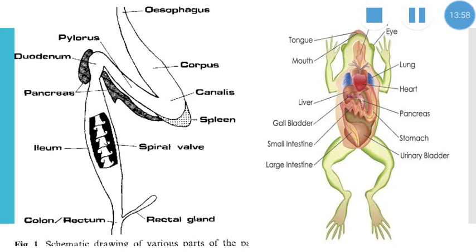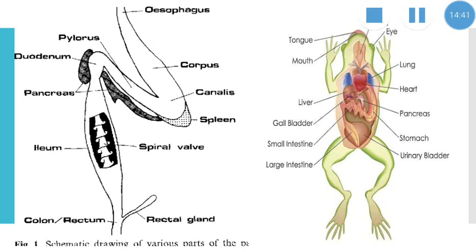In the case of frog, the liver is a large dark red gland with two main lobes, right and left, further subdivided into two lobes. The gallbladder is spherical and situated between the two main lobes on the dorsal side. The bile duct passes through the pancreas to form a common bile pancreatic duct. Then it later opens into the beginning of the duodenum.